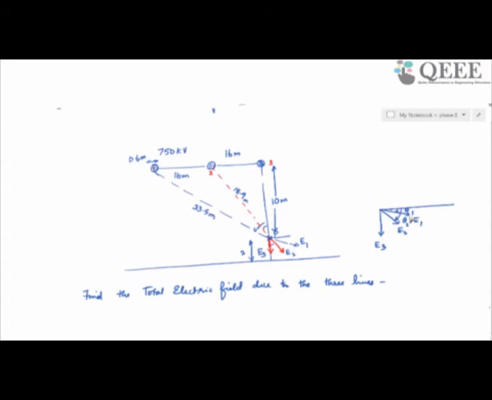And essentially write the components of E1, E2, E3 along the x and along the y axis. So I'm going to do that. Let's say this is my y axis, so this is my minus y direction, E3 is along the minus y direction. But to be able to do this, the total electric field is E1 plus E2 plus